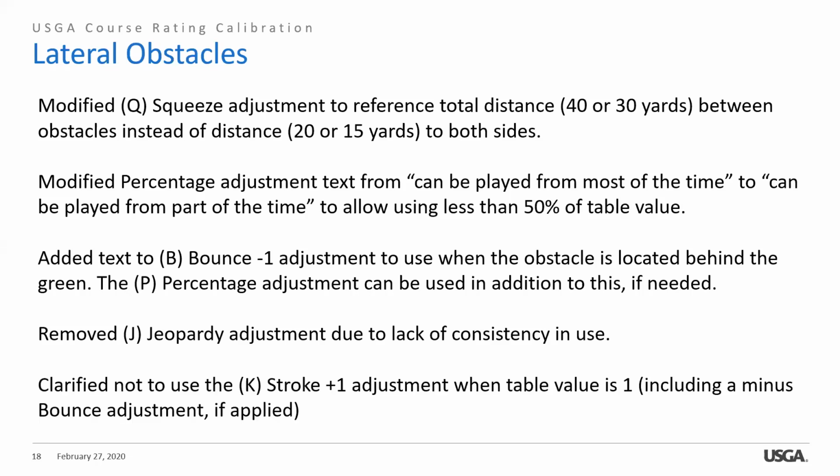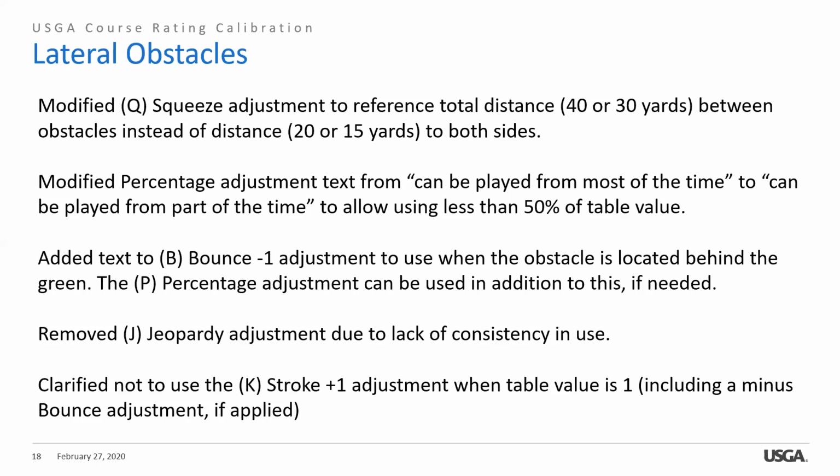And then this one here, they've clarified not to use the K+1 adjustment when the table value is 1. And that includes a minus bounce adjustment. So when you see the new book here, if you look at the chart, there's really not too many instances where we have a 1 as a table value for lateral. But when that does come up, we will not use the K adjustment to take that from a 1 to